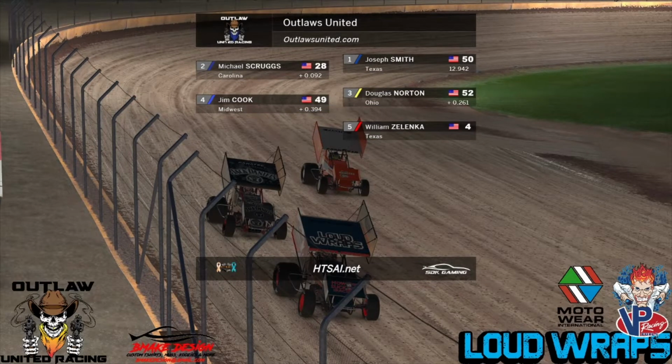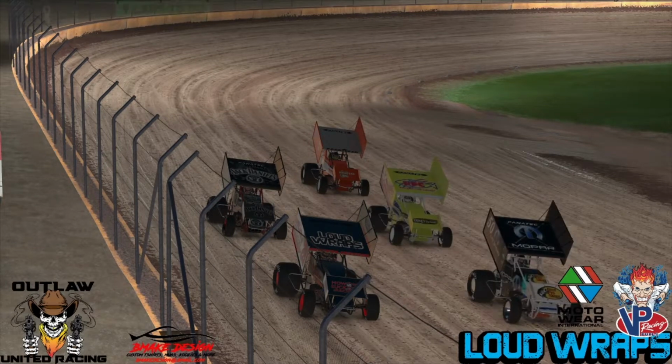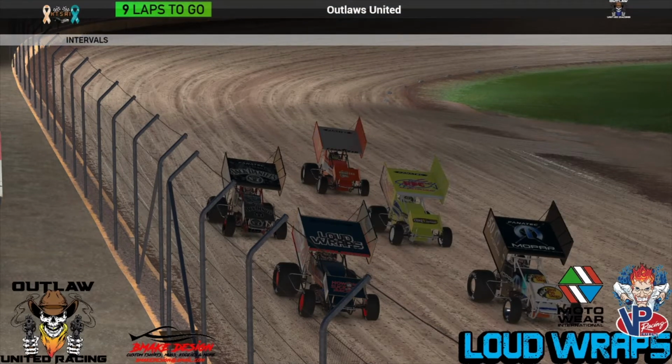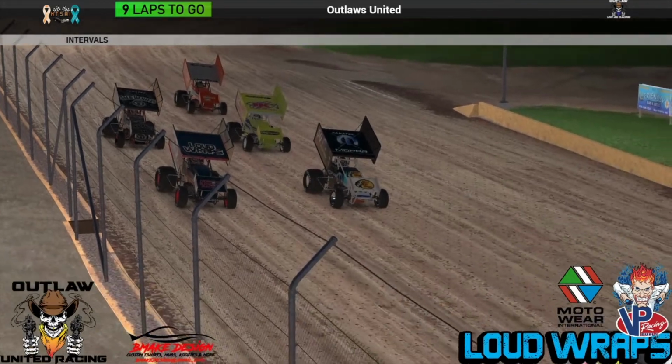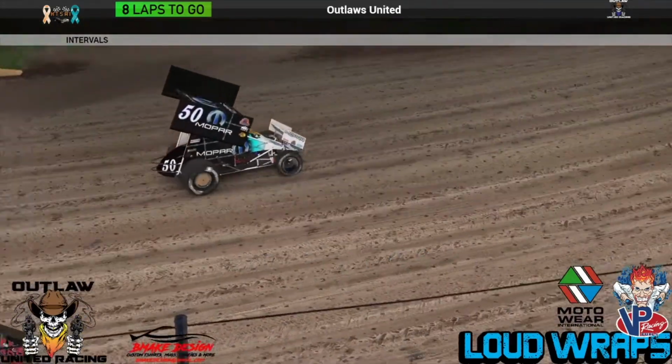William has the opportunity here in this field to try and get by these guys, but there's a couple of guys up there that would be really hard for him to get past. If he can pull it off, he still has the opportunity to get a good starting spot for the feature. So we'll see if he can get the job done here tonight. All right, as they roll off,